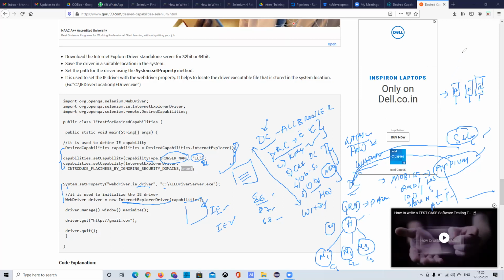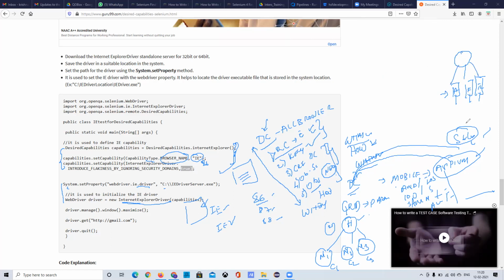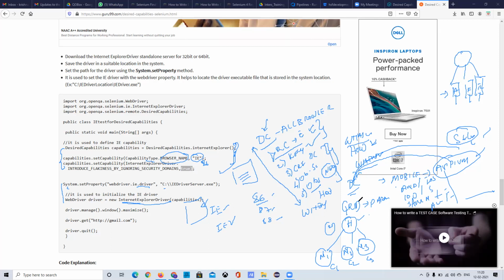So in one single machine, I'm opening three different nodes, three different executions, and proceeding further with this. That is the implementation of the Selenium grid. Why do we do it? To decrease the time. If each execution takes 10 minutes, sequentially it will take 30 minutes. But if I test in parallel, within 10 minutes I can complete all these things. So that's the concept of Selenium grid.